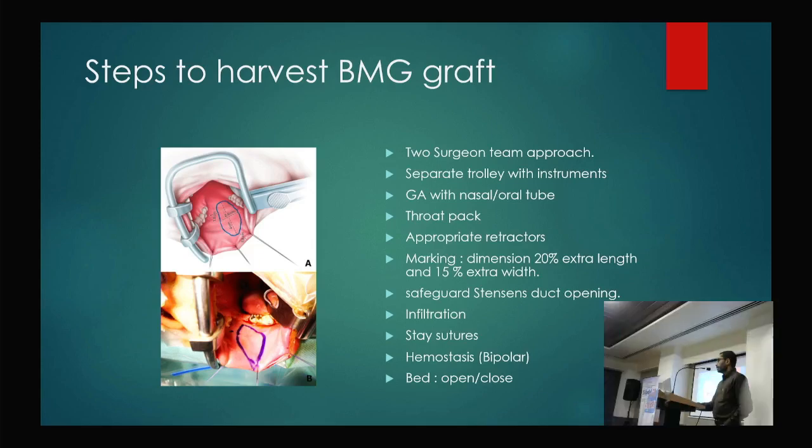General anesthesia is preferable with a nasal or oral tube, depending on the preference and how many grafts are required. A throat pack is essential to avoid any spillage into the airway. Appropriate retractors are required. How much to harvest depends on how much length we require for urethroplasty. Ideally we should harvest a little extra, 20% at least on length and 15% on width